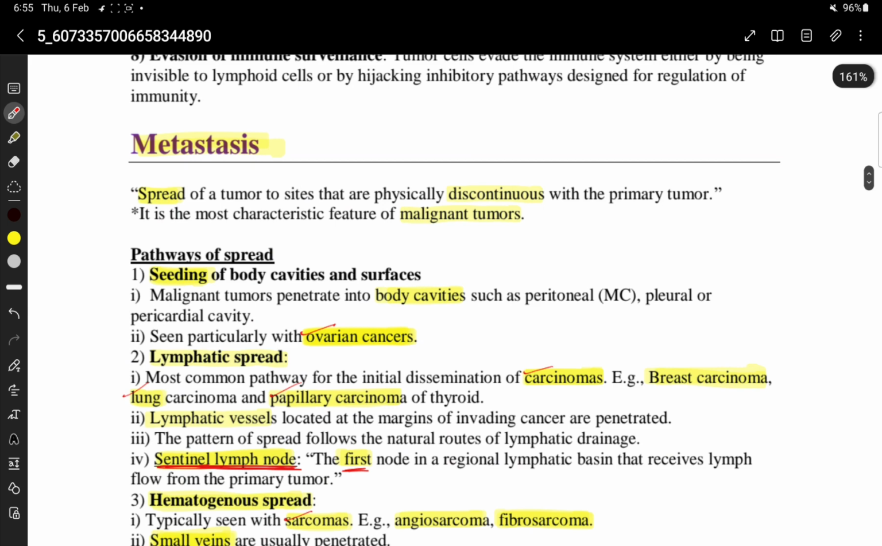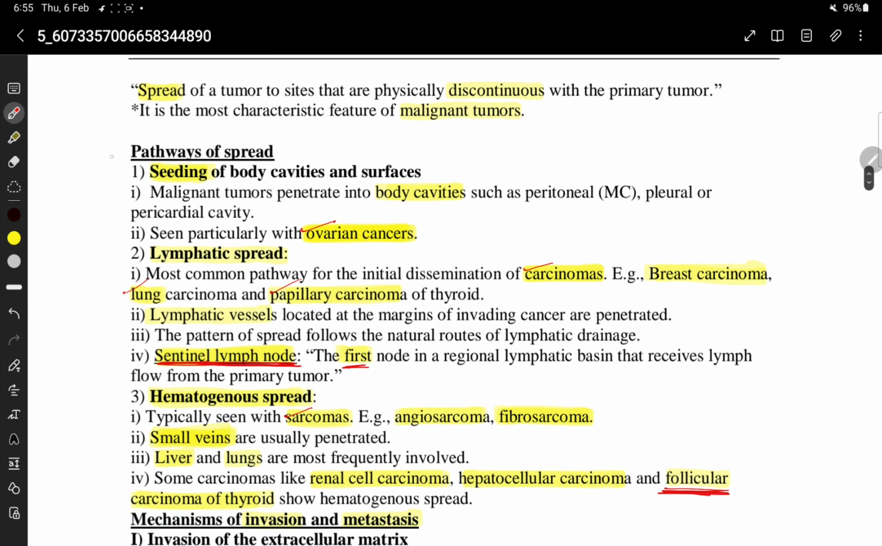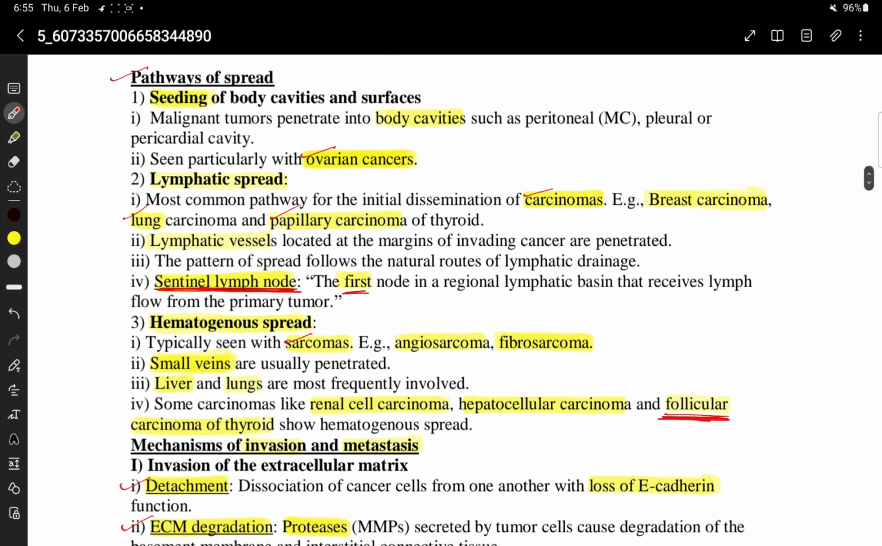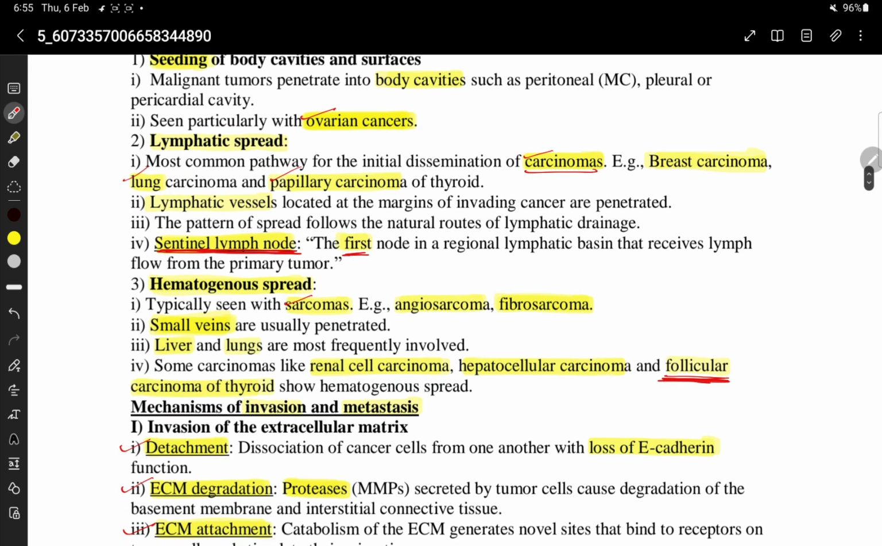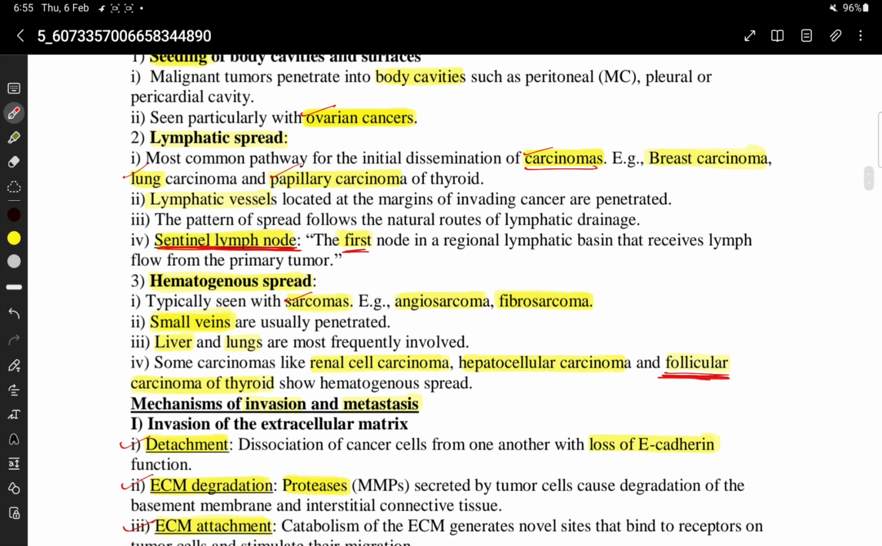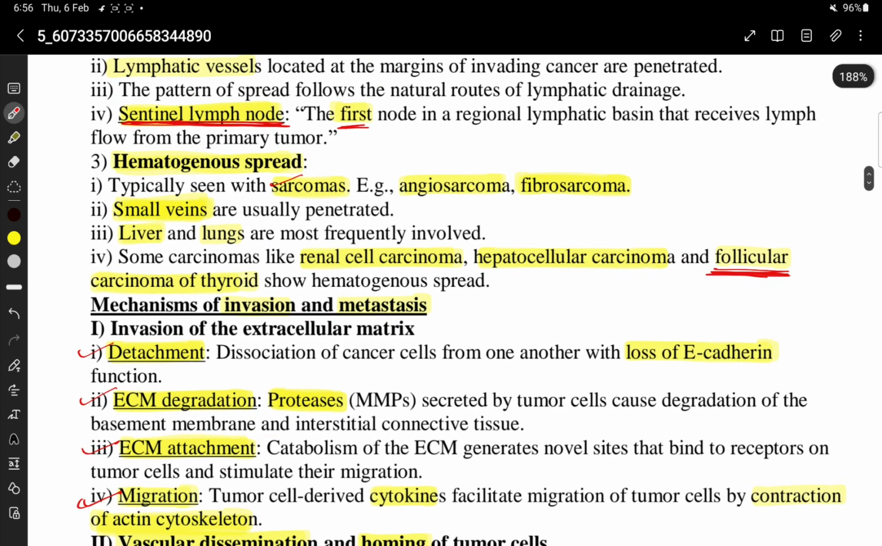So this was about the metastasis. Then the pathways of spread: seeding of body cavities and surfaces, for example ovarian tumors. Lymphatic spread is seen with carcinomas, for example breast carcinoma, lung carcinoma, papillary carcinoma of thyroid. Hematogenous spread is seen with sarcomas like angiosarcoma and fibrosarcoma, and also with certain carcinomas like renal cell carcinoma, hepatocellular carcinoma, and